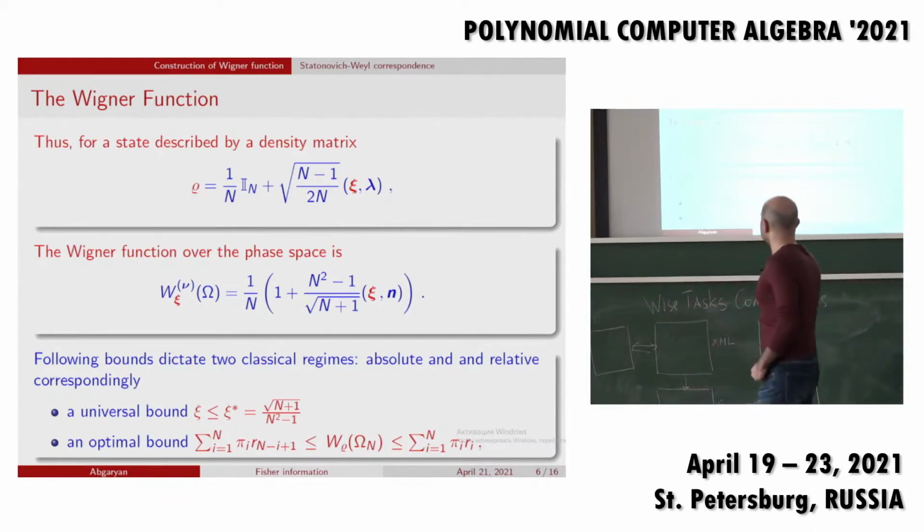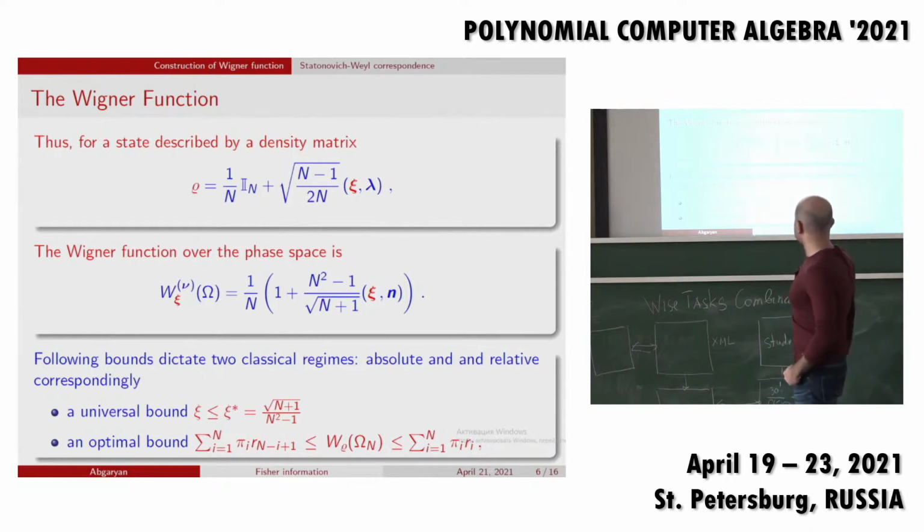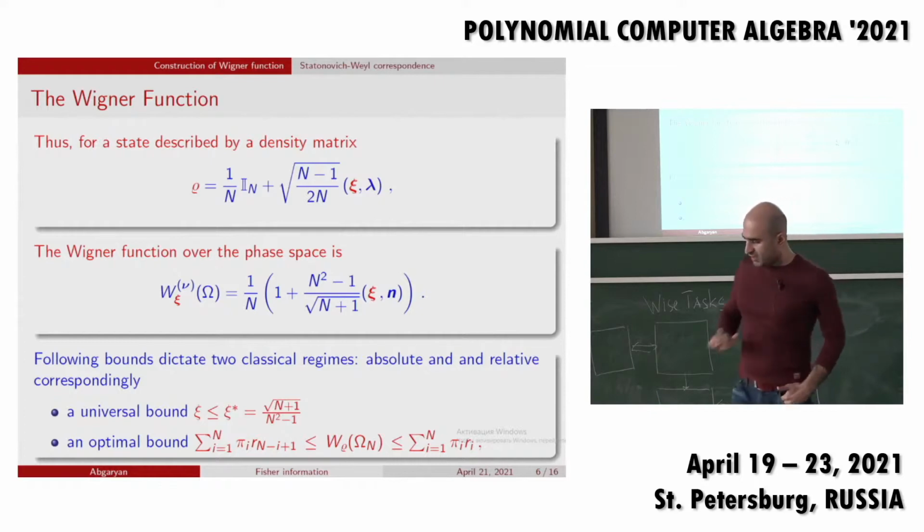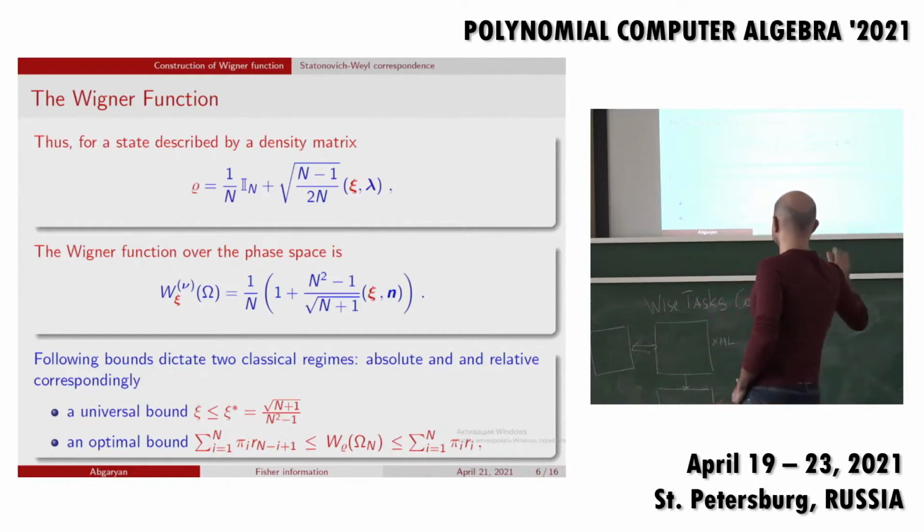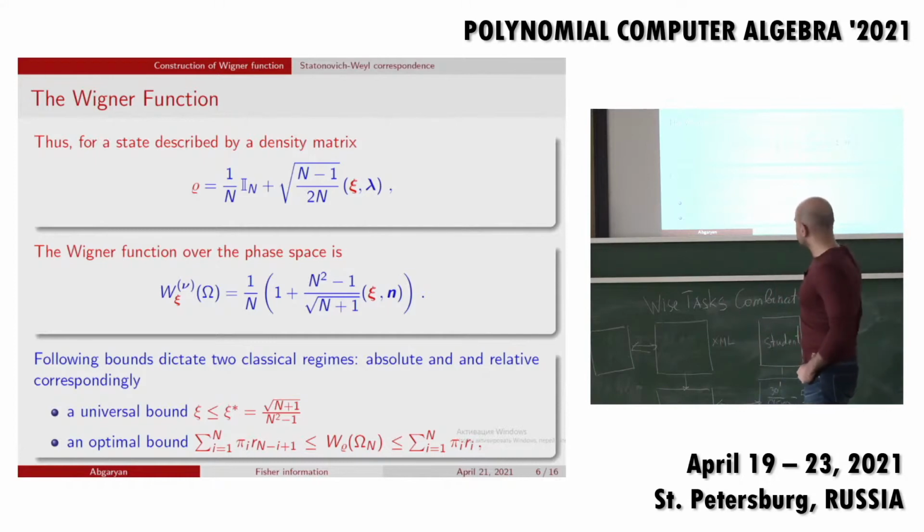However, there are two regimes of classicality in this scenario. First, as you can see from the scalar product structure of this function, if the block vector is shorter than a certain length, then your function is always positive, independently from the choice of your kernel and so on. These states we call absolutely classical states because it does not depend on our choice of kernel. Second, an optimal bound for Wigner function says that if you have